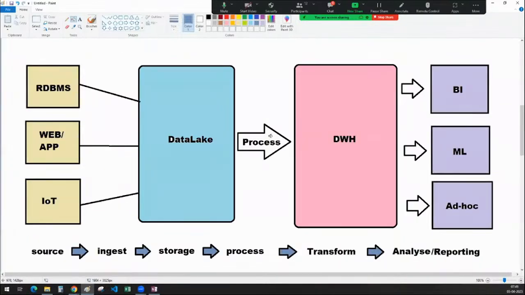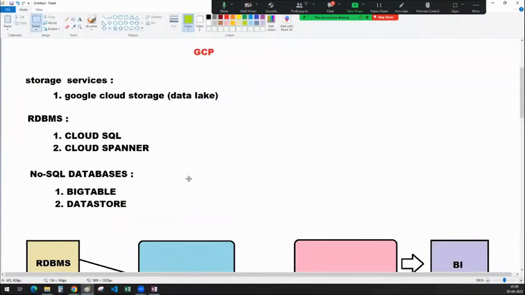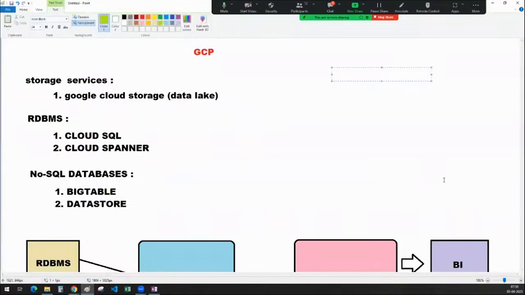Okay. And after that, we want to do some processing on top of it, right? This is also a very important step, guys. This is not a very simple step. Processing. What are the processing tools that we are going to learn in our session? If you ask me, I want to mention those points here. Okay. Data processing services. The first thing we are going to learn is